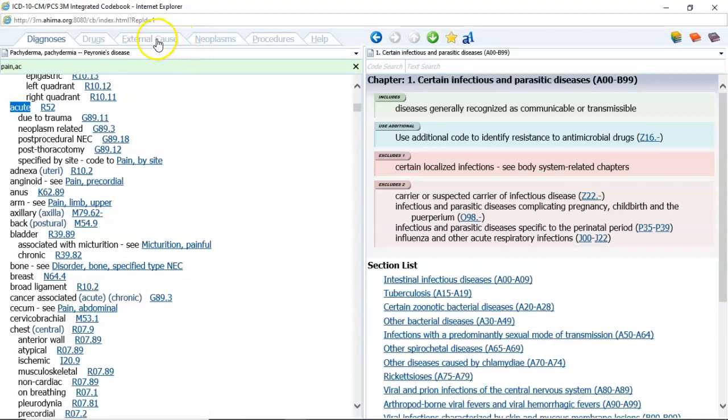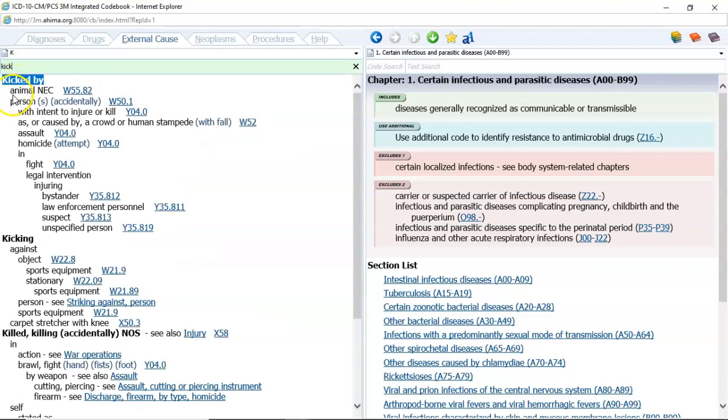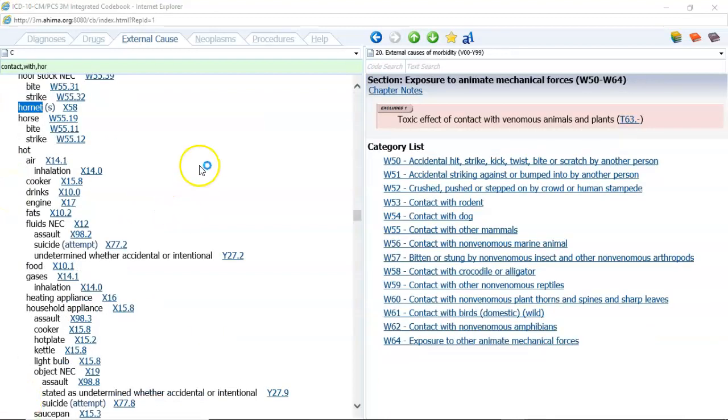So we're going to go to the external cause tab, and let's see, kicked. Animal, NEC, but we have a horse. Now this person was kicked by a horse. So you would think that you could go to kicked by and horse and find it. This is a very difficult code to find. In the index, you have to go to contact with horse strike,